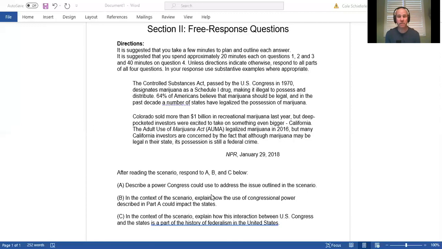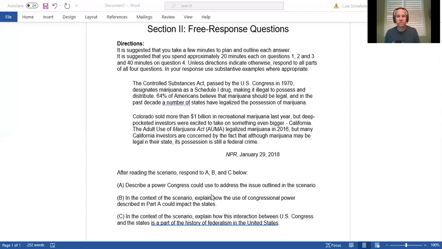In McCulloch versus Maryland, the federal government tried to establish a national bank, and some of the state governments, like Maryland, tried to tax the national bank. It came out that even though a national bank was not written into the Constitution as something the federal government could do, it was implied that the federal government had the authority to establish one. And remember, the McCulloch versus Maryland case brought about what clause in the Constitution? That's right, the Necessary and Proper Clause. The Necessary and Proper Clause says that the federal government does have implied powers. And how does that impact the history of federalism?